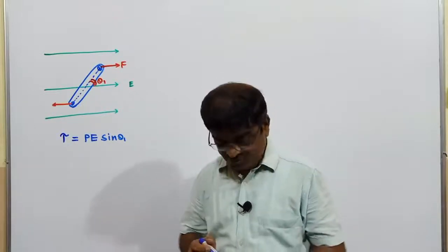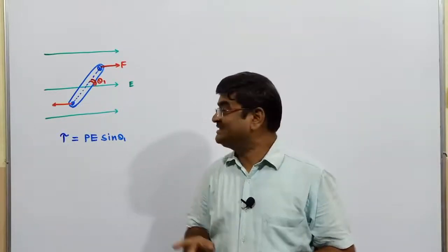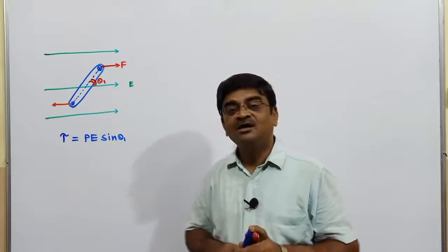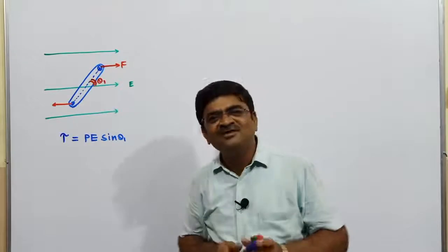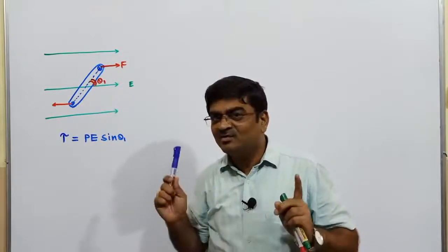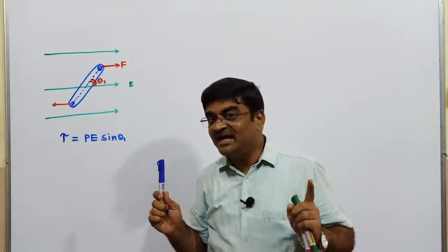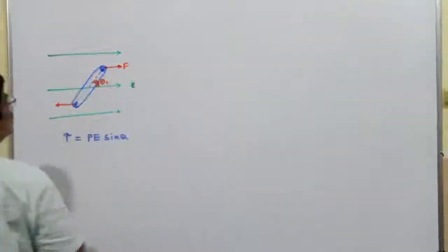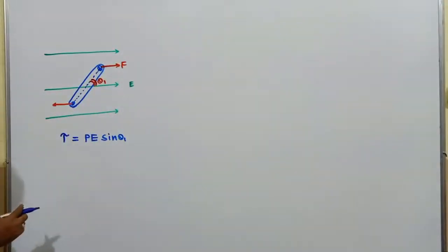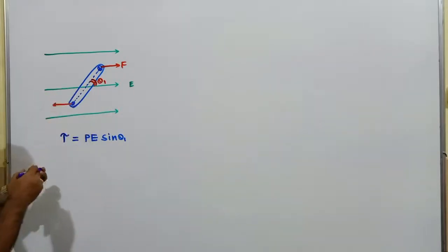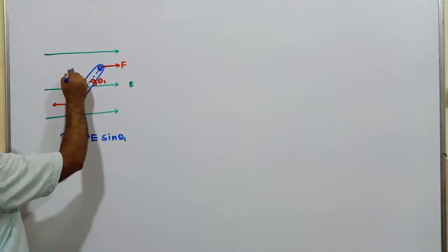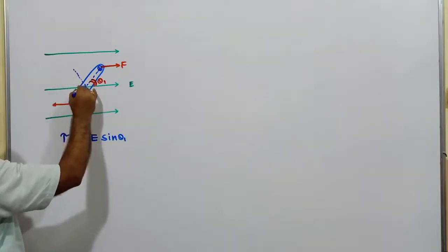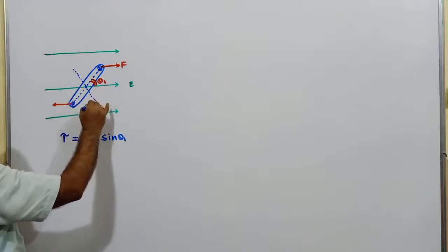And now this dipole, which is in the initial position theta 1, I would like to rotate it further. What is theta 1? The angle with respect to E. Now my need is I would like to rotate this dipole to a further position, and say now I wish to have this dipole in the new position. That new position I would show like this.